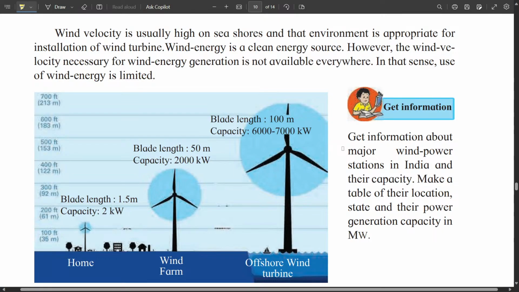Wind energy is a very clean energy source. So that is the advantage of wind energy. But the disadvantage is that the wind velocity necessary for wind energy generation is not available everywhere. In that sense, use of wind energy is